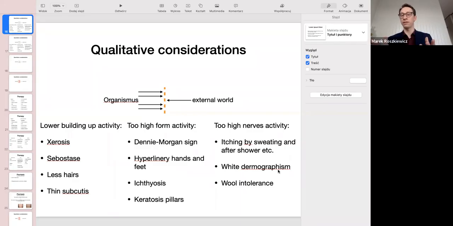Dermographism, because there are two kinds of dermographism. You know, dermographism is when you take your pen and press strongly like this, and it creates a line there. In this case it will be a white line. There is also a red dermographism connected to urticaria, which is a completely different mechanism. But in white dermographism, we can also see this too much nerve activity, because the arterial vessels are just being constricted. That is why the skin in this localization is white, without enough blood.